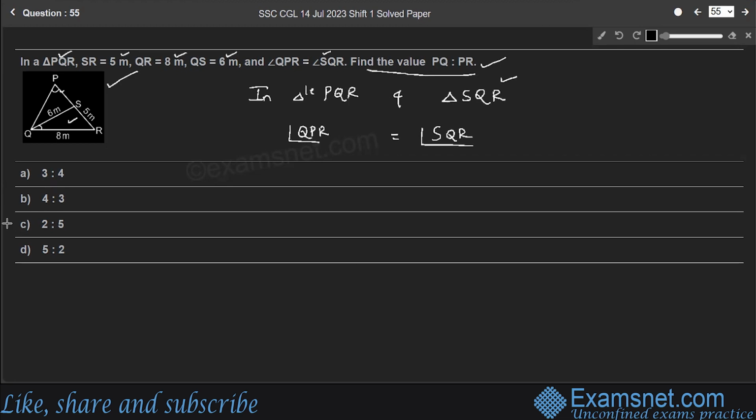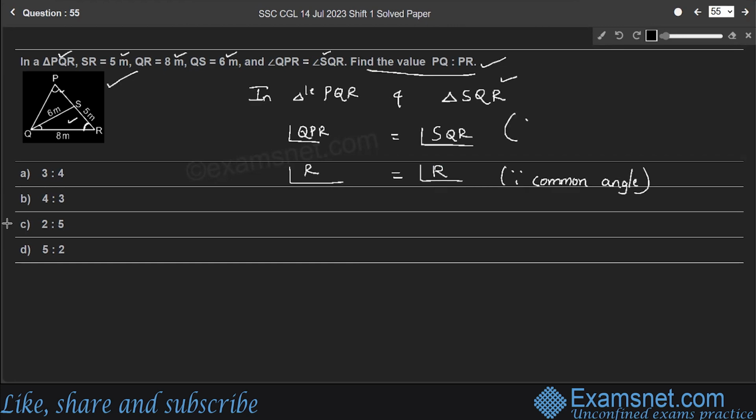So a pair of angles. Here angle PRQ, this whole angle R in triangle PQR, is equal to angle R in triangle SQR. The reason is common angle